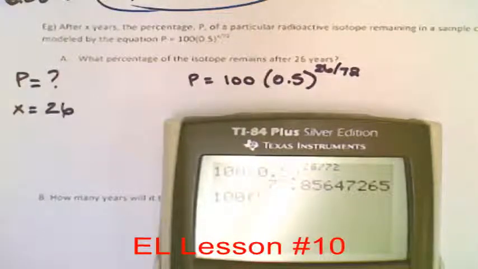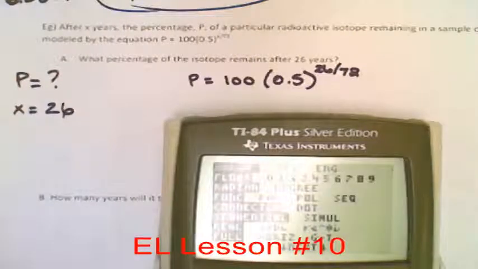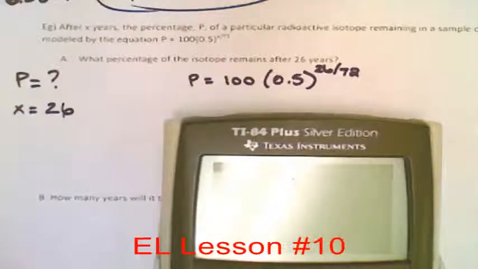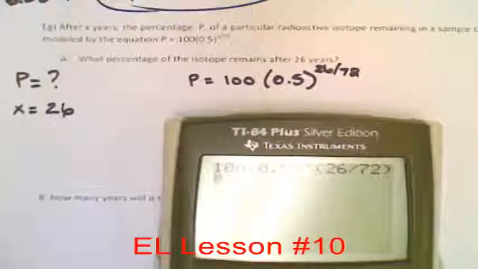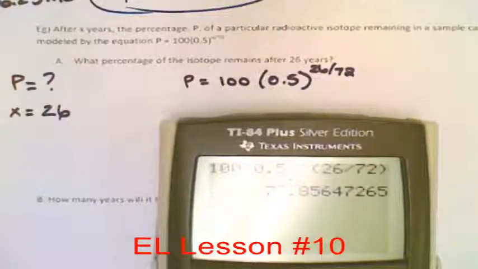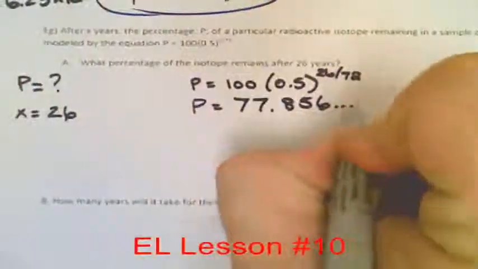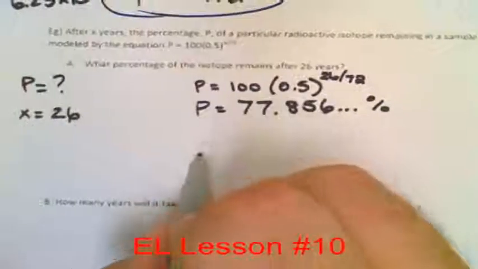P equals 100 times 0.5 to the power of 26 over 72. Now, all of it is in the exponent, so I'm going to go type that in. I have 100, bracket 0.5, close bracket, to the exponent. If you have the new operating system, it's easy because it just shows up in the exponent as a power. Okay, so you're done. If you don't have the new operating system, you'd have to put 100, bracket 0.5, close bracket, to the power of,